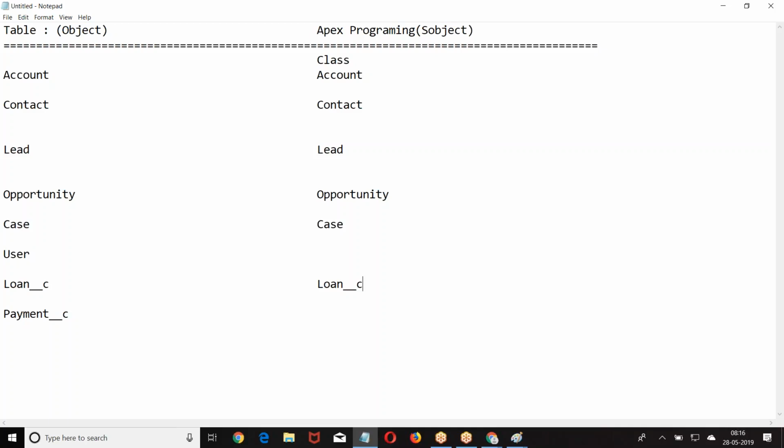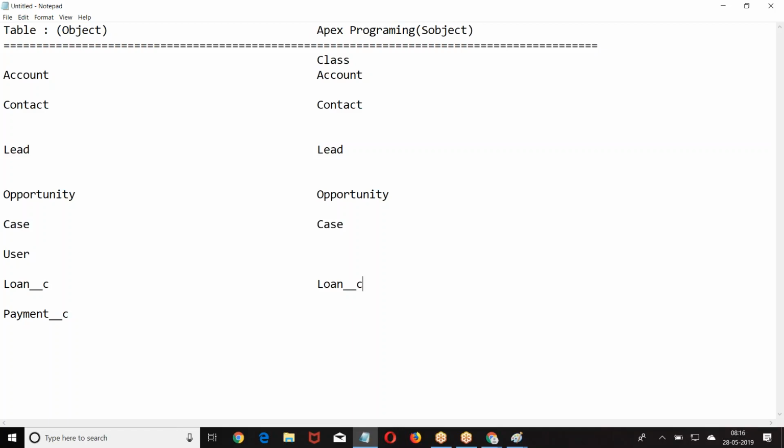If I want to refer to the table using a program, I have to use that class. If I want to refer to the account table, I have to use the account class. If I want to refer to the contact table, I have to use the contact class. Are you getting my point?